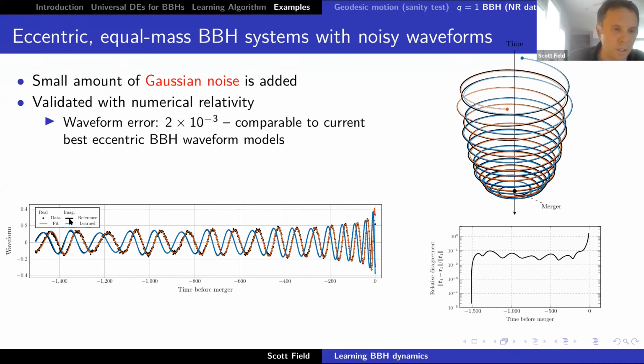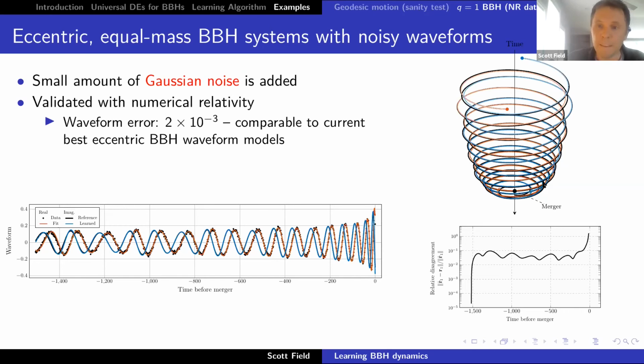So down here, you can see the waveform data. These black dots are the SXS data, but with small Gaussian noise added in. And this orange line here is the waveform generated by our model after training. So you can see they agree reasonably well. And then, just for fun, we show the imaginary part. So this is the 2-2 harmonic mode. So there's a real and imaginary part. And the model has never seen this, but it also matches the SXS model reasonably well, at least in the